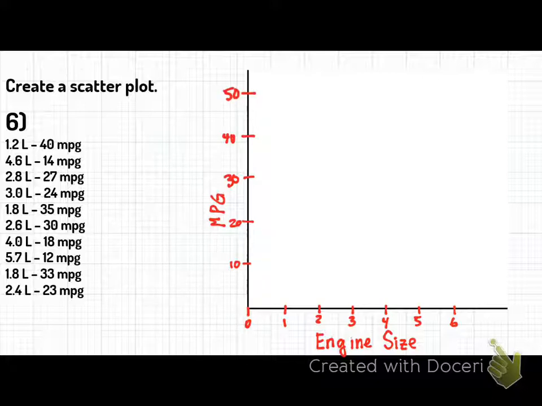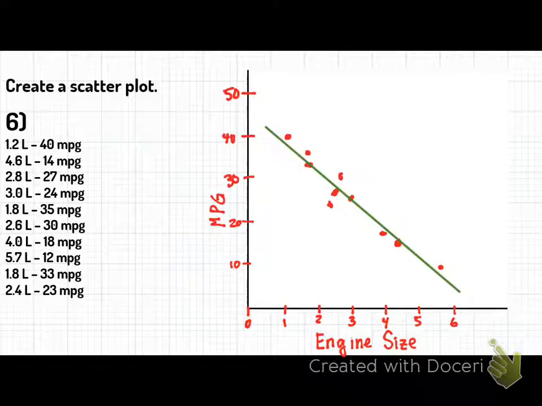And then I'm going to plot these, right? The first one says 1.2 liters, 40 miles per gallon, so I'm going to plot a point. Next one is 4.6, 14 miles per gallon, which is over here. Okay? Next one is 2.8 liters, 27 miles per gallon. Okay, now I keep plotting all of these, and then I'm noticing, hey, look, is there a trend? Do you see a trend up here, everyone? Yeah, definitely, right? We could definitely see there, and I could make a line of best fit through this,